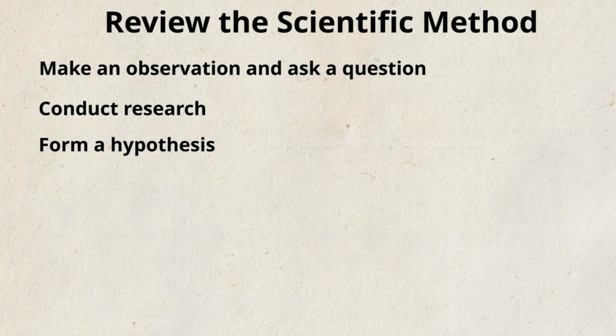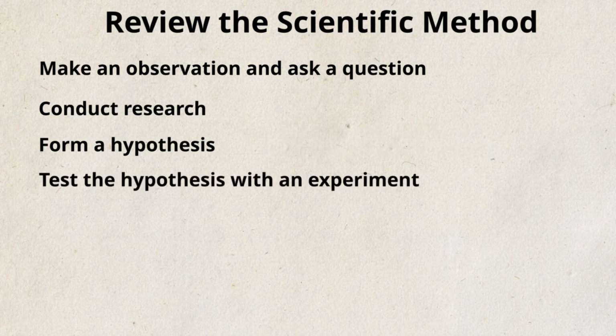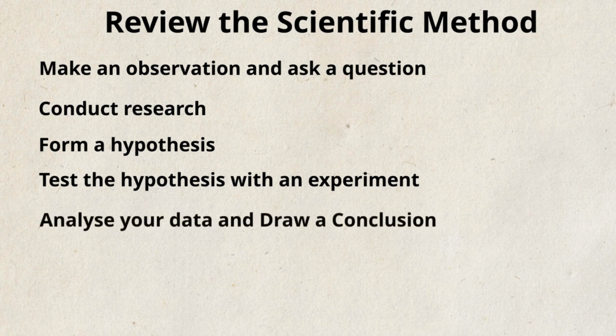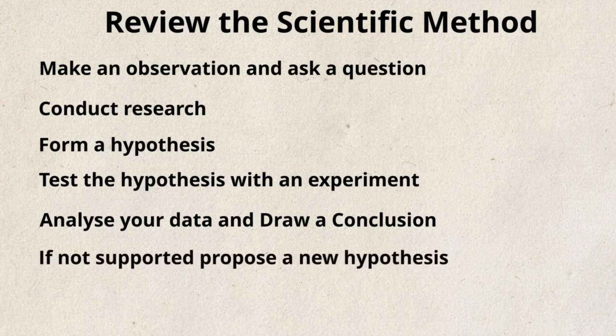You tested the hypothesis. You conducted experiments to test your predictions. In a true scientific experiment, you would repeat the experiment many times to make sure that your results are accurate. You formed a conclusion. You concluded from running the experiment and observations that peanut butter acts as a barrier and prevents the jelly from making the sandwich soggy. If it was not supported, you would need to repeat the process by forming a new hypothesis and running new experiments. And finally, you can communicate your